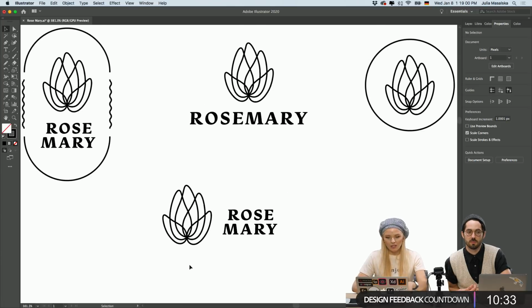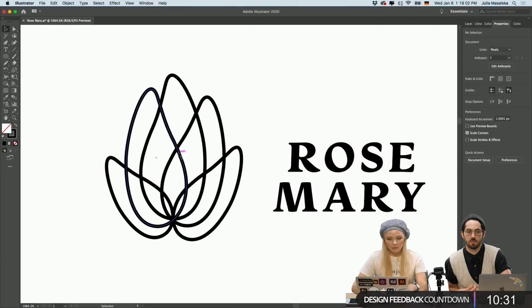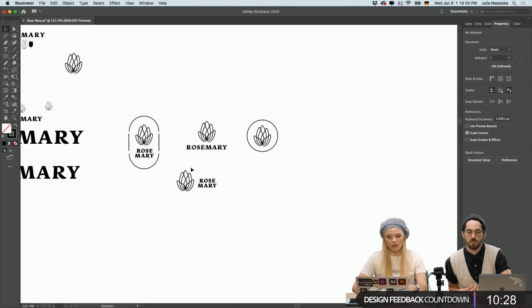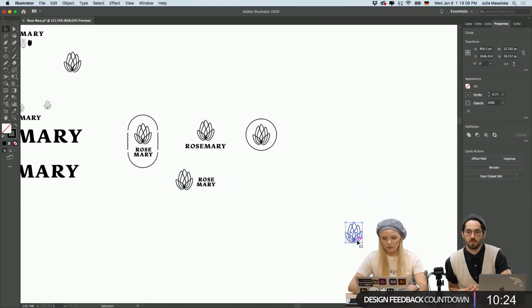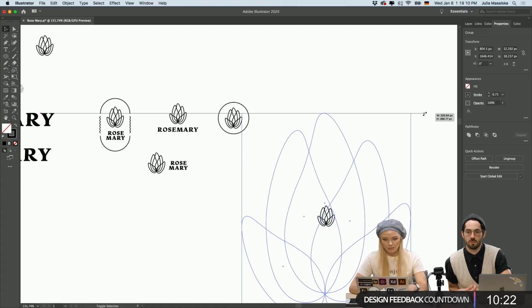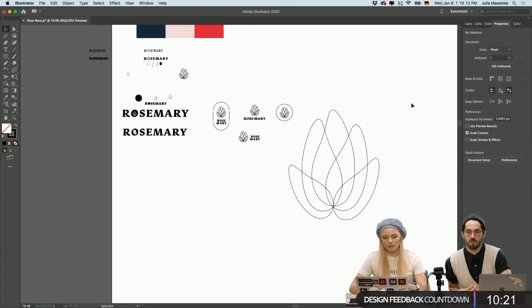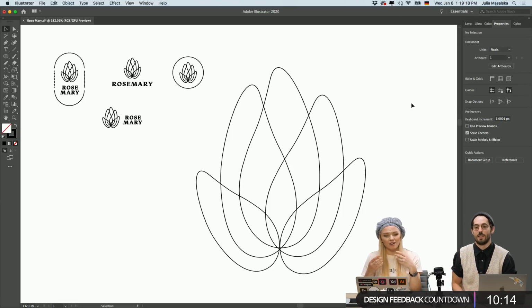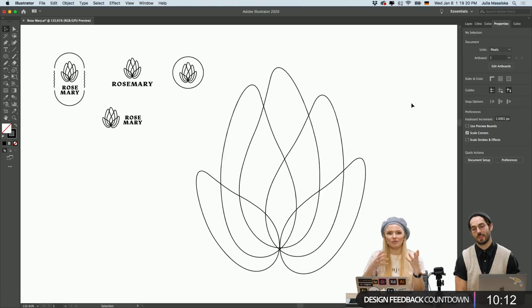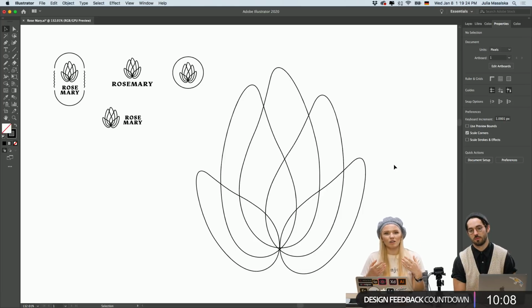The client could take this part here, and it's a vector form, right? So if I show you how the client could use it, they could use it like this, and that would be something completely different. It doesn't have the same ratio between the line thickness, and the proportion is just off. So it's always important to give brand guidelines to the client.